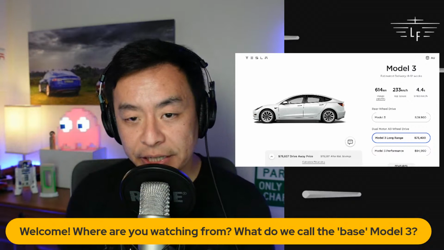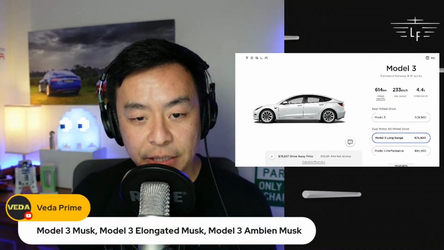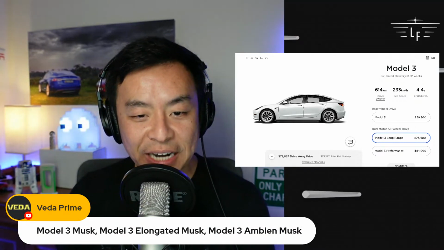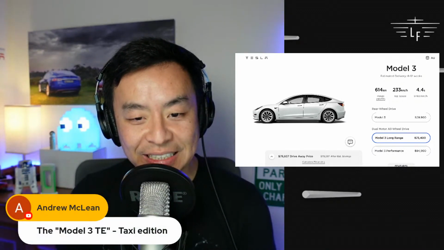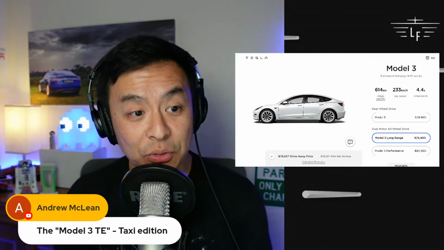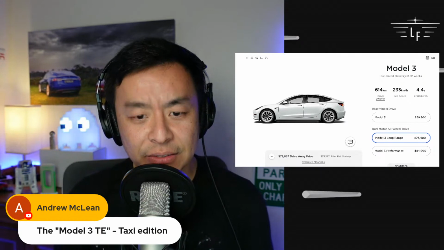But tonight's question: where are you watching from, and what do we call this base Model 3? Let's get some names going. Vita Prime, Model 3 Musk, Model 3 Elongated Musk, Model 3 Ambient Musk. Andrew McLean: the Model 3 TE, Taxi Edition. Love it, that's so true. Or should we call it the Model 3 hire car edition, given that Hertz has bought like 100,000 of them and 300 of them are in